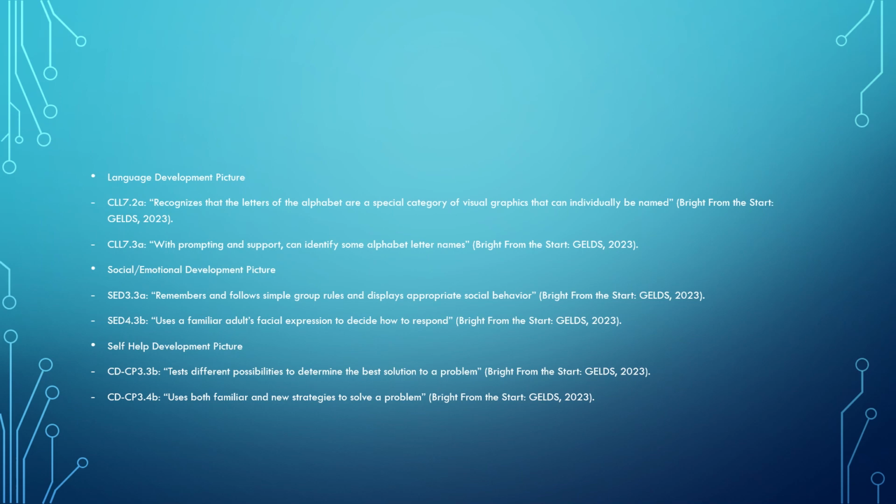The first one says remembers and follows simple group rules and displays appropriate social behavior. The second one says uses a familiar adult's facial expression to decide how to respond. The GELDs that I selected for the self-help development picture are CD/CP 3.3B and CD/CP